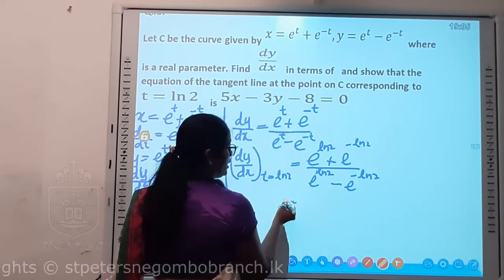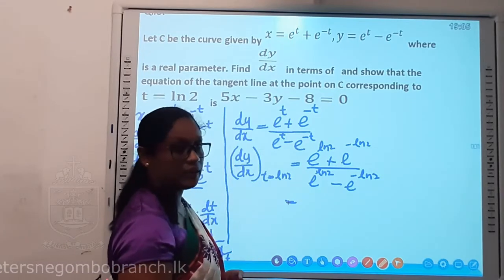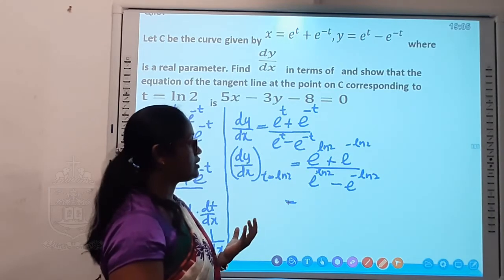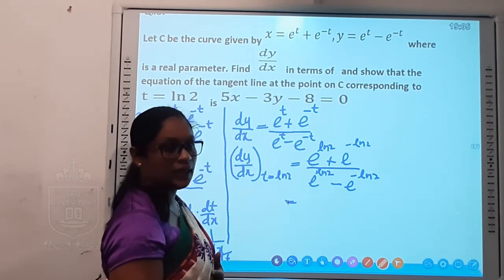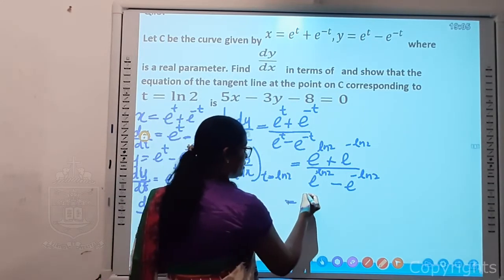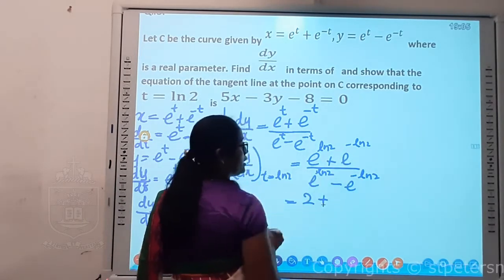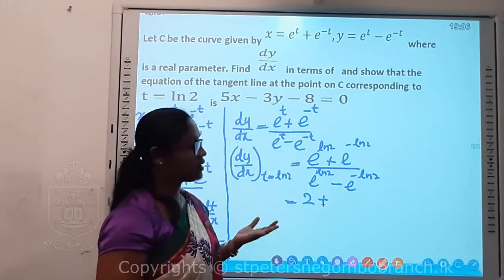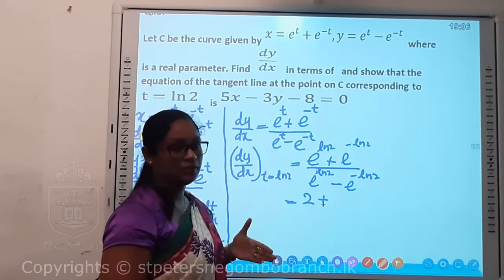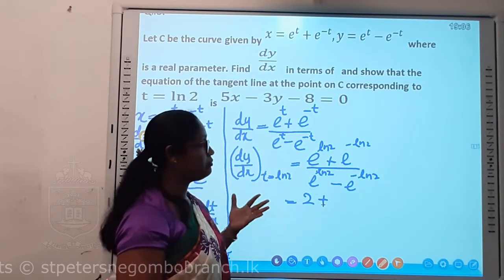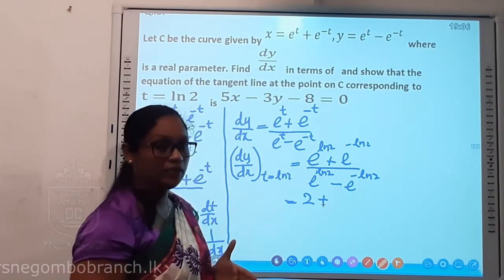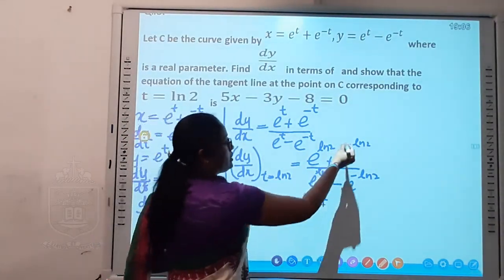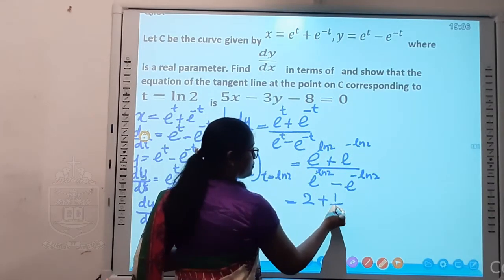Okay, so e to the power ln2 is actually 2. If you can't see that, you convert this into logarithm format and you can see the answer is 2, right? And then for e to the power minus ln2, I take the reciprocal, that means I convert minus into positive as per the theory of indices. Then you can write this as 1 over e to the power ln2. E to the power ln2, as I told, is 2. So the answer of this part I can write as half.